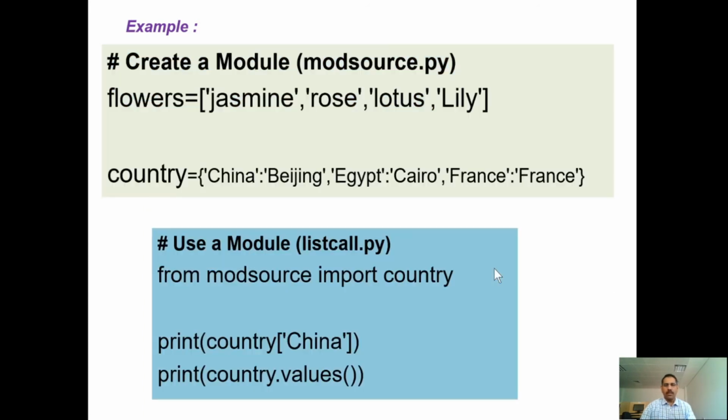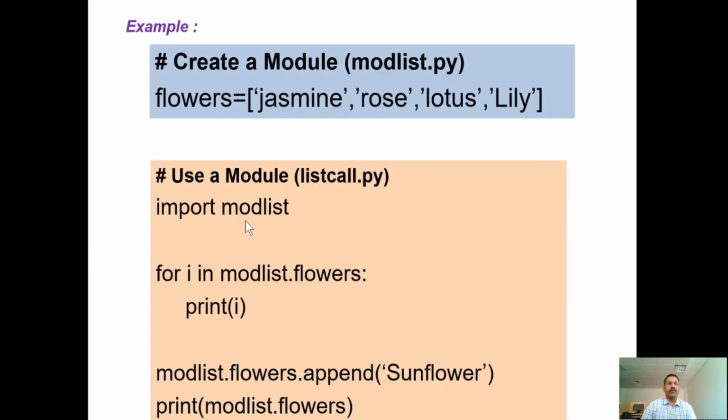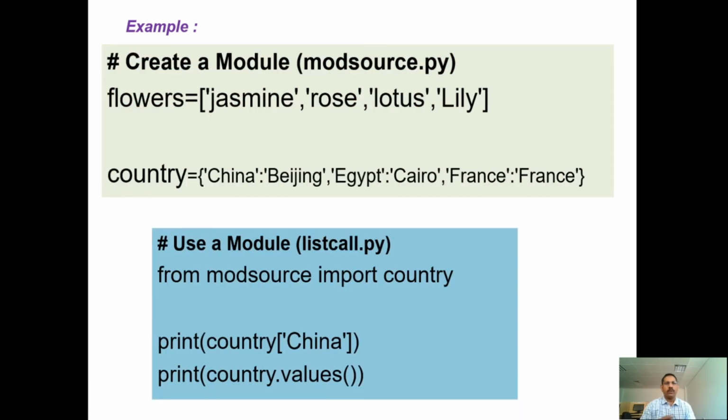In this example, we are going to access only a particular operation from the module. I don't want the entire thing. In the previous example we called the complete mod list, so it called the whole set of operations. Now I don't want to call everything. I want to call only particular operations from my first file.